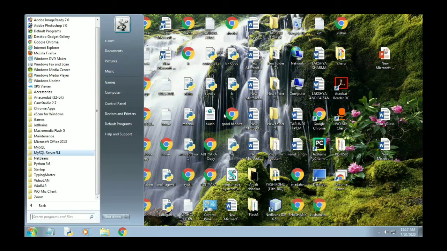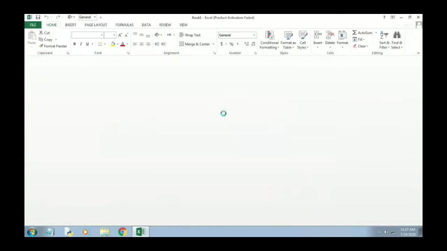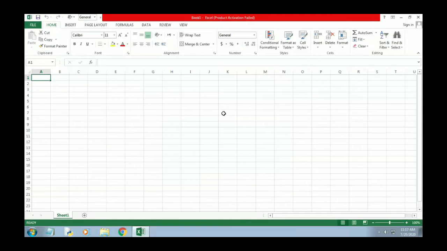I have told you many times how to do it. Click on the first document here. Now this is the MS Excel interface, or you can say this is the MS Excel window.